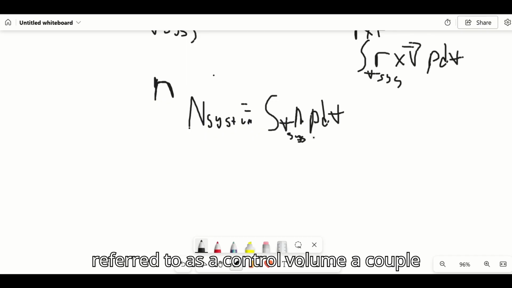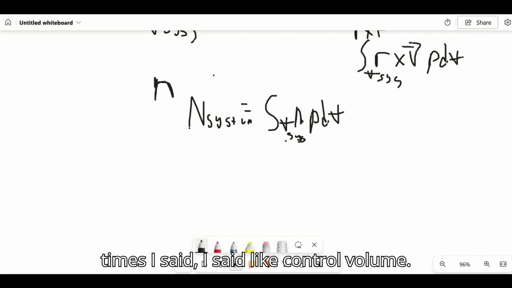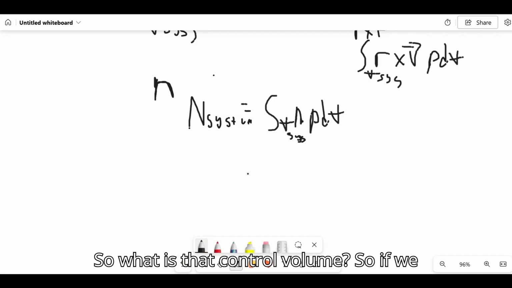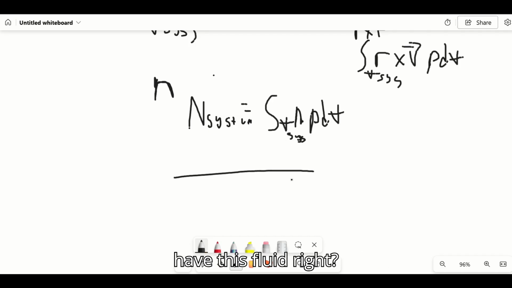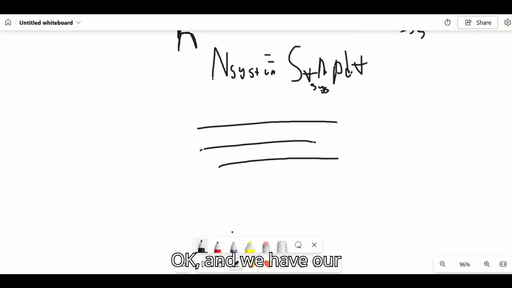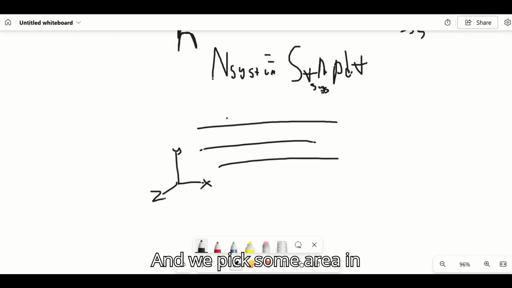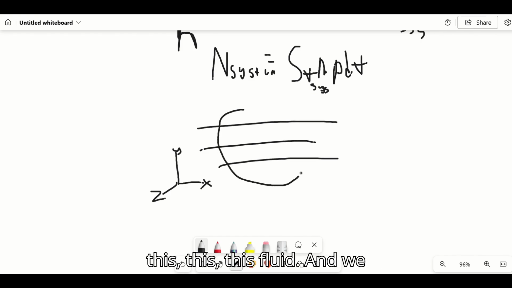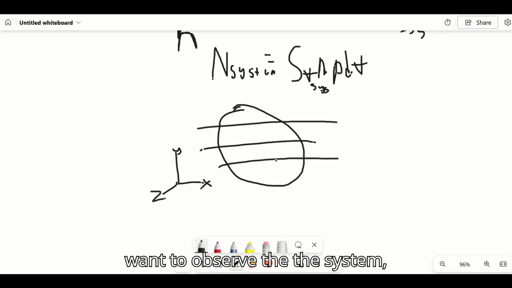I referred to it as a control volume a couple of times. So what is that control volume? If we have this fluid, and we have our x, y, z, and we pick some area in space to encapsulate this fluid, and we want to observe the system,